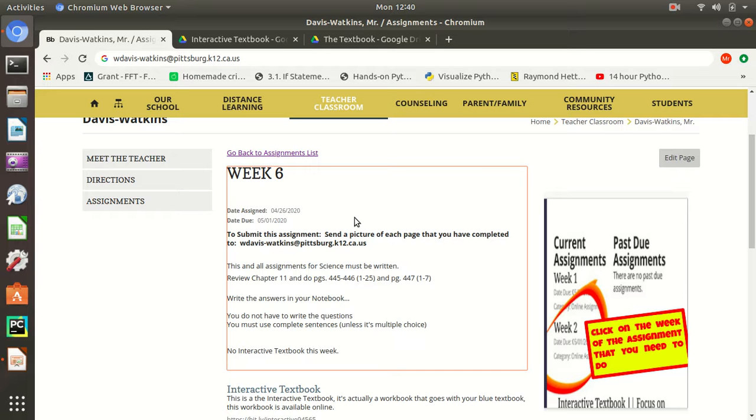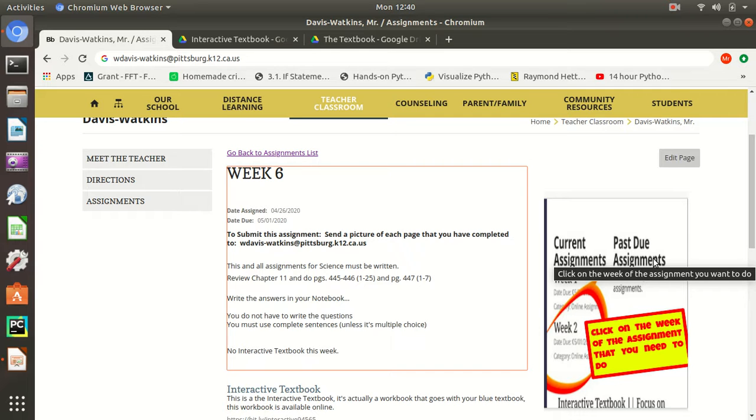I get a report every day of emails that are not being accepted by our server, and I don't have any control over it. And the common theme I see amongst them is they typically don't have a subject line. So put a subject line, make that subject line week 6, week 7 for this week. Make the subject line whatever assignment it is that you did. So go ahead and do that when you send your email.